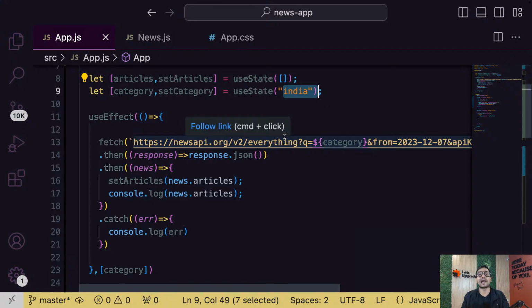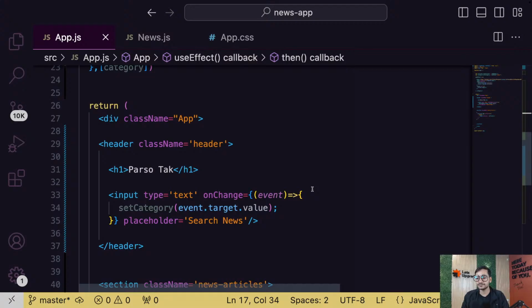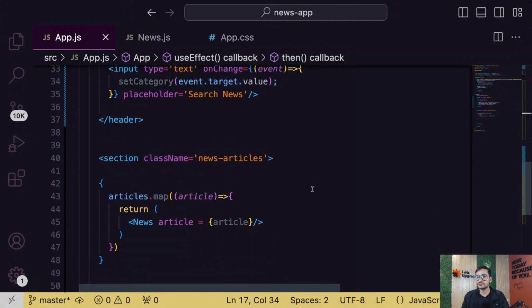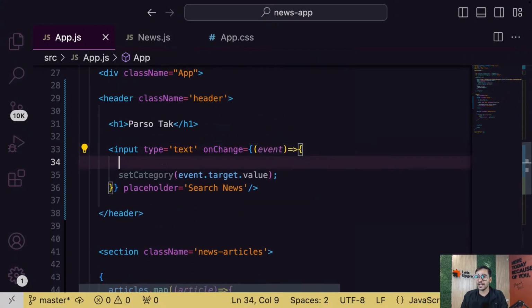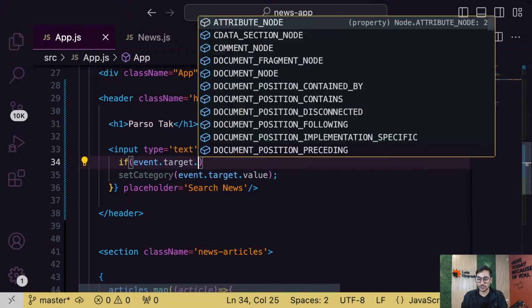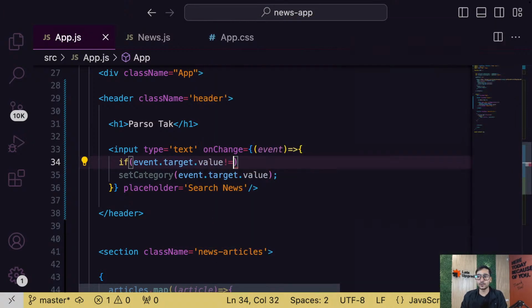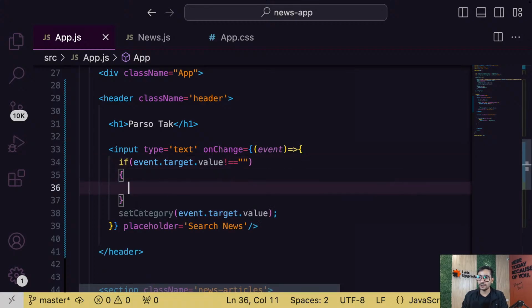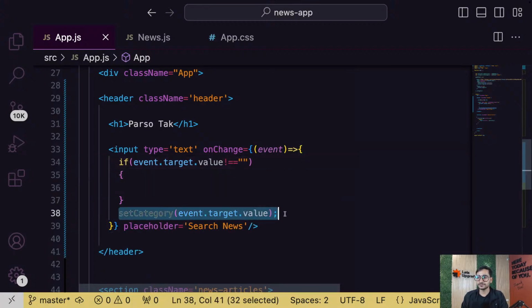So category becomes blank. So now what you have to do is go in here and check if event.target.value is not equal to empty, then only perform this setting logic.